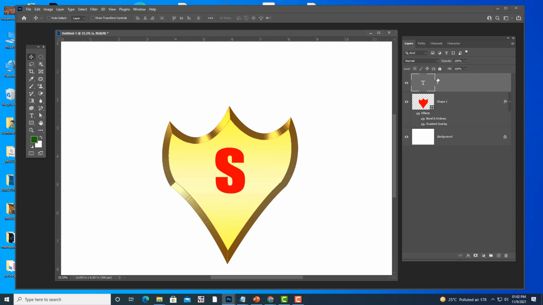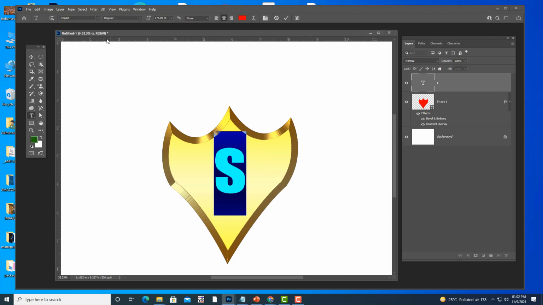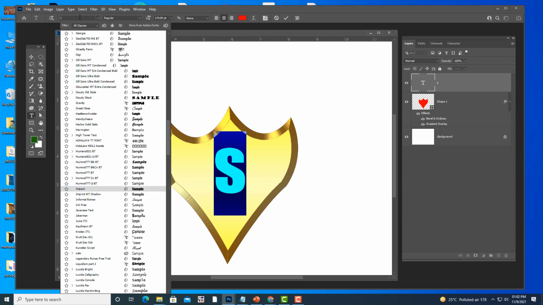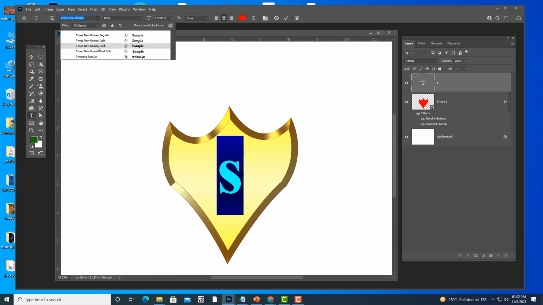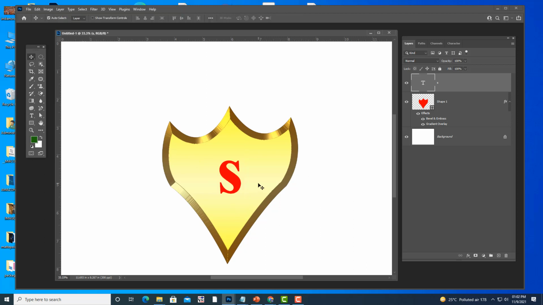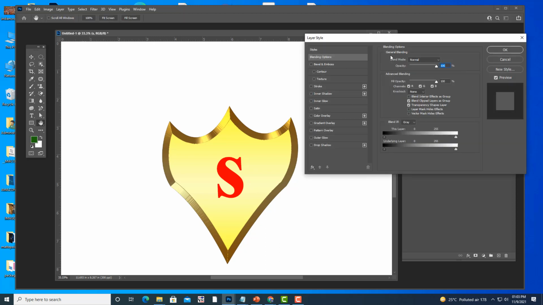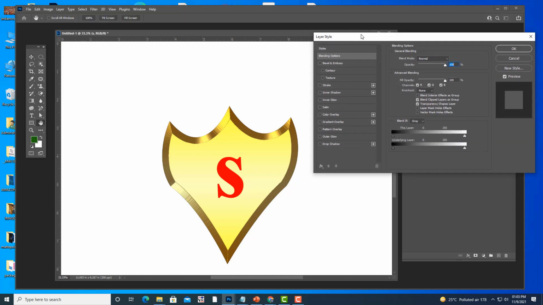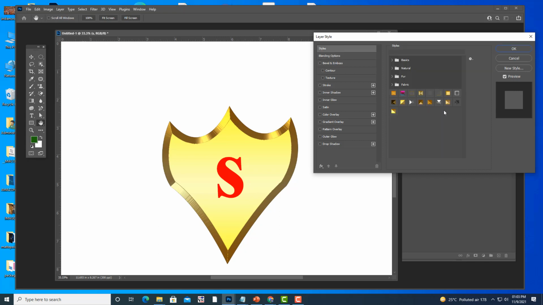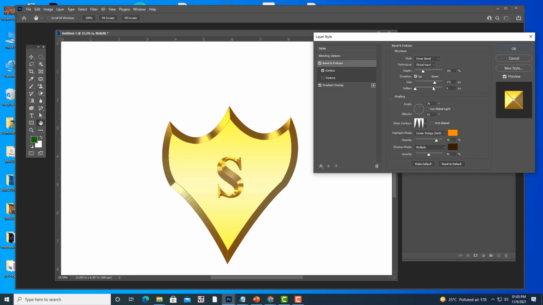Okay, so we can actually use Times New Roman for this. Let us apply this metallic. I have already saved the metallic gradient. See here, we have so many metallic options. If you want silver, I can apply silver. If I want gold, I can apply gold. And then I can actually reduce this.